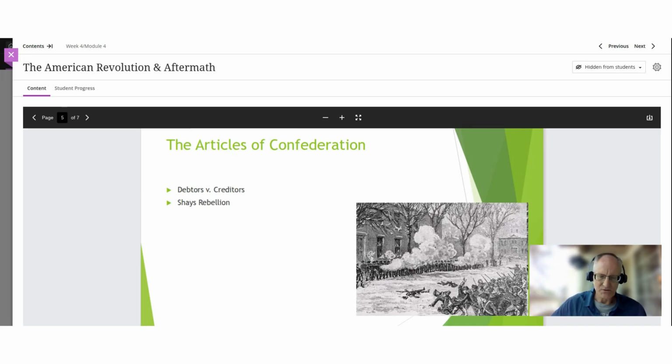Some war debts included war bonds. Again, it's a very effective way for states to raise the money necessary during wartime is to sell bonds. But many of these bonds were, again, held by wealthy speculators. Only those with the money available could invest in these types of bonds. And so, as a result, in the post war years, farmers and veterans argued that the poor were paying the